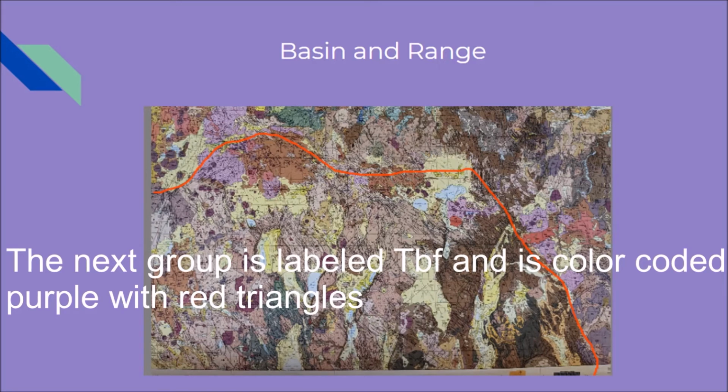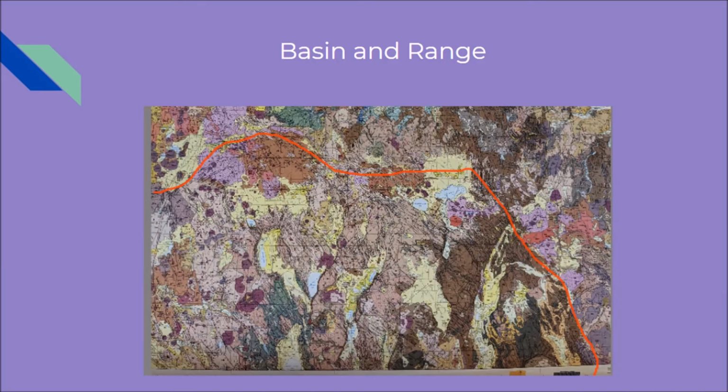The next group is labeled TVM, and it's purple with triangles. It is from the Pliocene age or the Miocene, and it includes basaltic rocks, andesite rocks, andesitic agglomerate, breccia, scoria, cinders, and flows. We have the yellow colored rock, which is labeled QS, and it includes eolian and fluvial